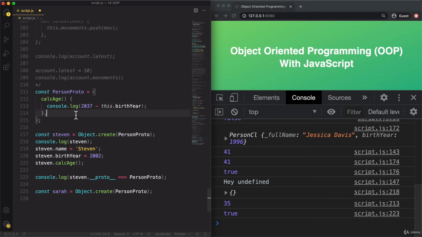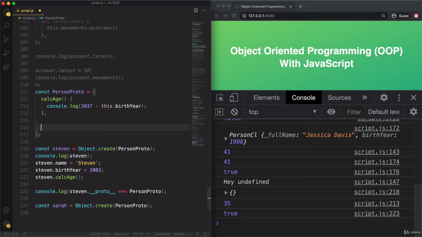So let's create a new method here, and this can have any name. So I will call it init, but this is going to be a little bit similar to the constructor that we have in classes. So this one will also get a first name and a birth year.